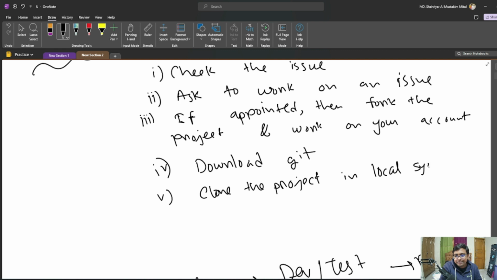Local system. But it might not happen all the time. Maybe you don't need to actually clone the project. Maybe you really don't want to run the project and see in a local system what is happening. In that moment, if there is some modification you want to do, you can just do it on GitHub or GitLab and so on, or make changes